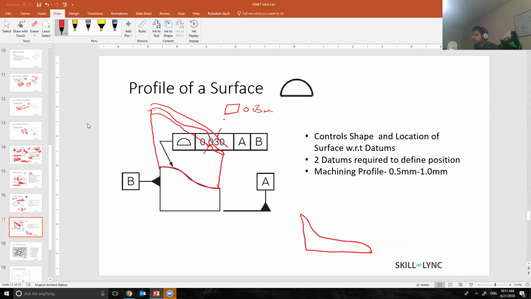So profile controls the location of the surface. Flatness does not control the location. The location of the surface can be anywhere. It just controls the waviness of the surface. I hope that's clear. This was pretty confusing to me when I started out, but as you start working, get more experience, you kind of understand the subtle differences between these different types of